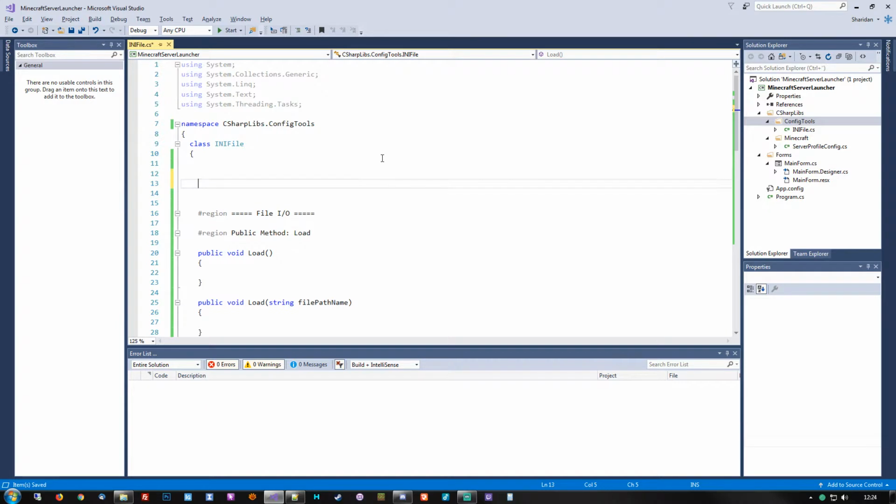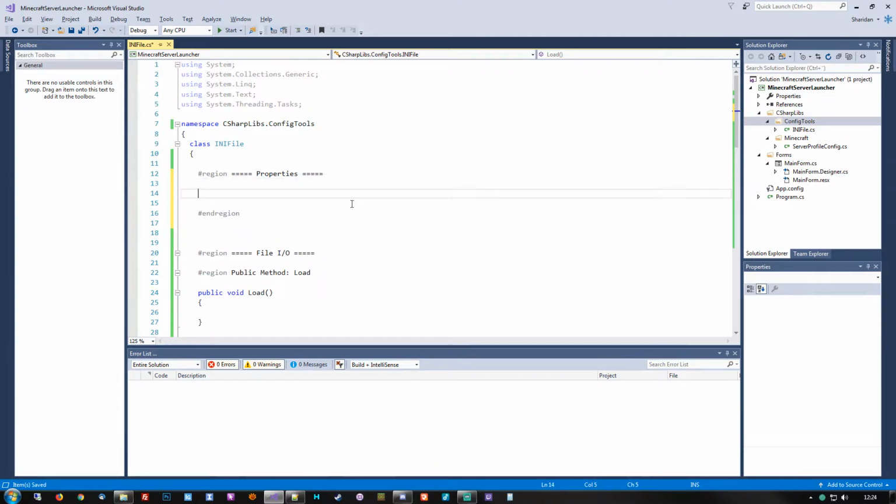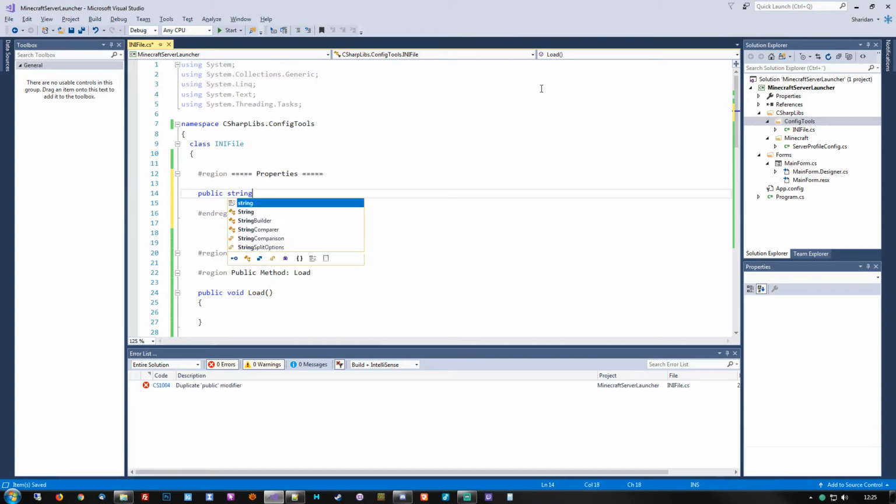It would also be nice if we had a property that tells us the current file path and file name that this particular instance of the ini file class is using. So for that we will put up a public string path, do a get and set,